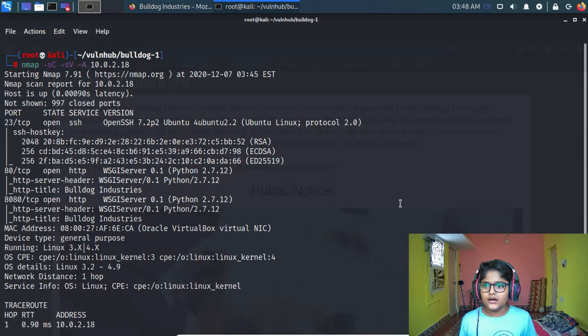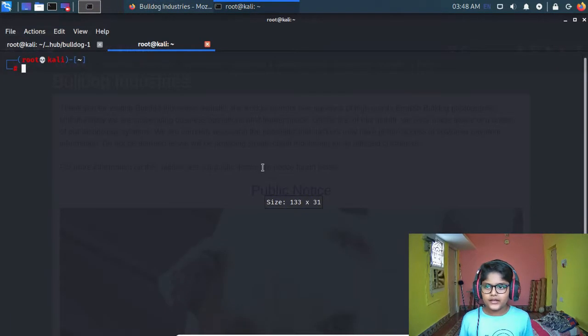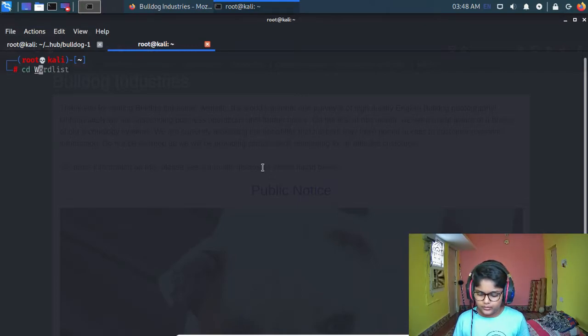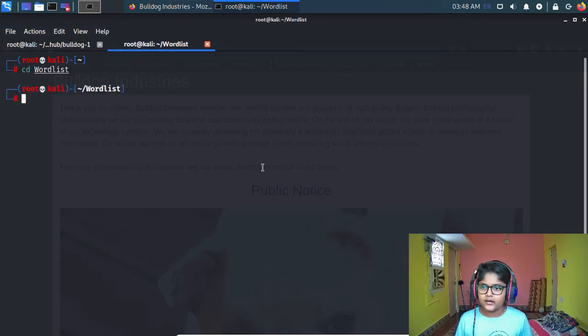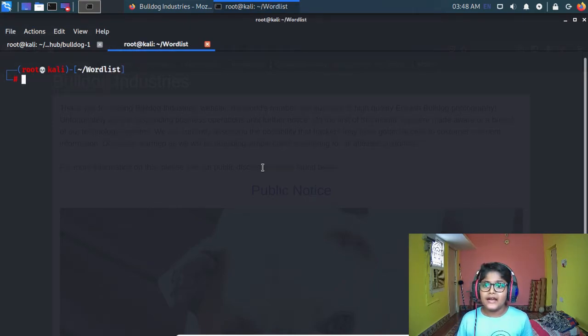To find that, in the terminal we are going to be using GoBuster. You can also use DirB, but it's a bit slow. So let me use GoBuster, and before that, let me go into the wordlist directory. A wordlist is a list of passwords, usernames, and things.